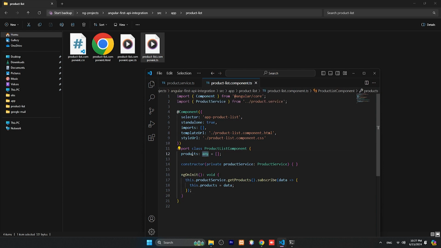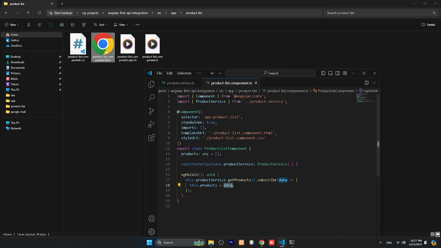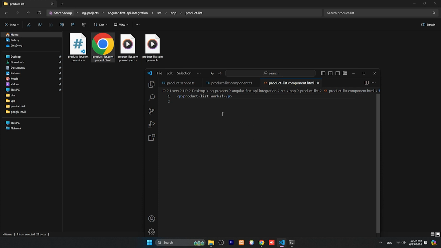Any product, this is the array, and we are getting all the data. This dot product data, and this data we will display or fetch inside our HTML file, product list component.html. So this is the file we need to open, and this product list product data we will fetch inside the product list.component.html. So let me open this here. All right,